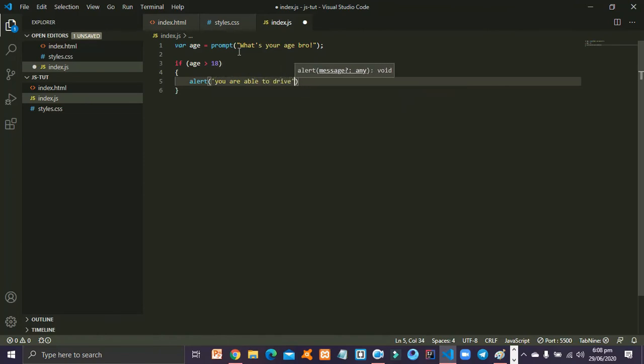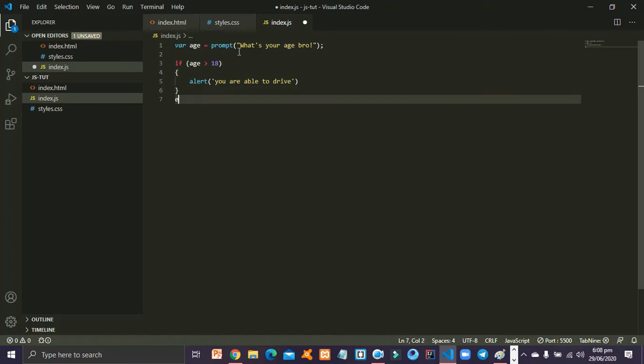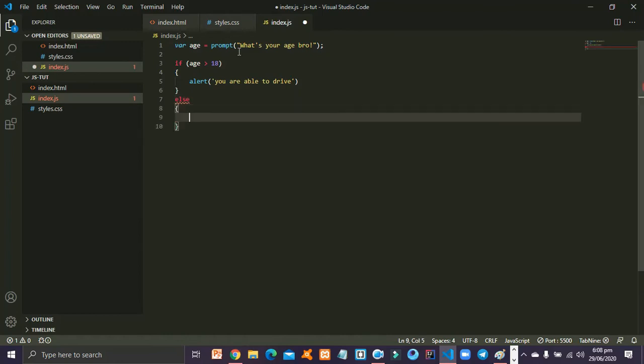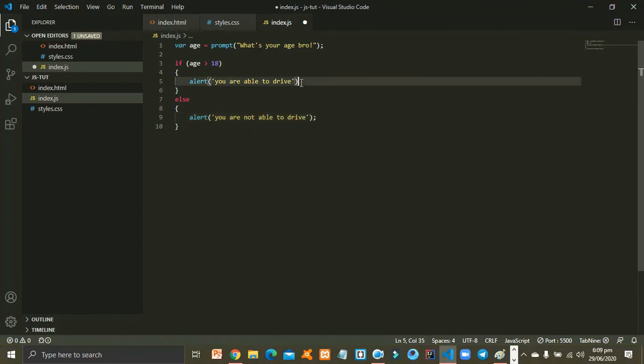Else, alert, you are not able to drive. Okay, so I've written the simple code and let us run it in the browser.